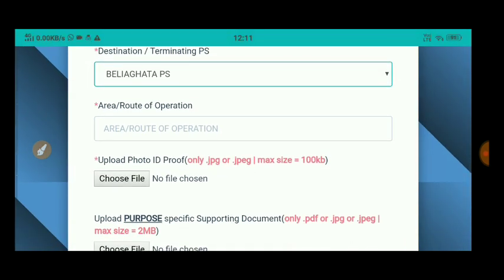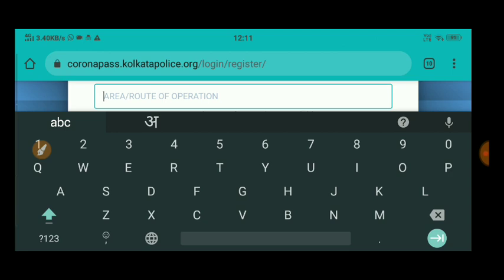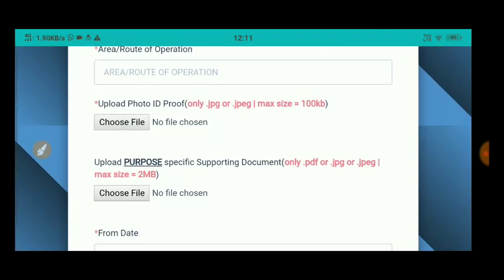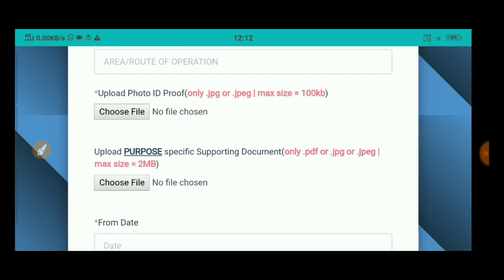So area route of operation, you just have to click on area route of operation, and here you have to upload an Aadhaar card or ID proof, or if you work for certain companies, any company ID card, so you just have to upload it, and the maximum JPG size will be 100 KB. You just have to adjust it.